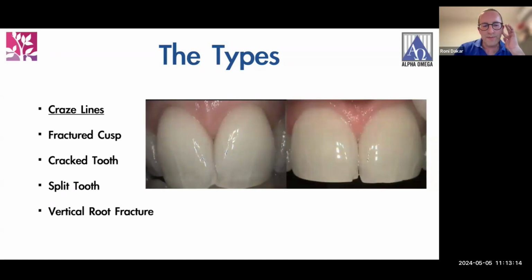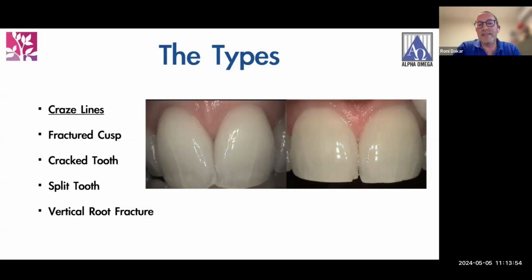There are 5 categories of longitudinal fractures and cracks designed to allow us to better communicate. There's a lot of confusion between the terms, both in our daily clinical language and sometimes also in professional literature. The confusion is mainly between crack and fracture, with a tendency to refer to all fractures and cracks together with the word crack. So let's start with craze lines, which are cracks limited only to the enamel and do not